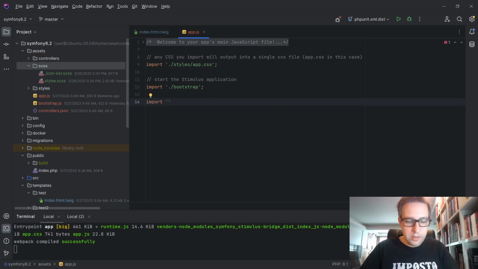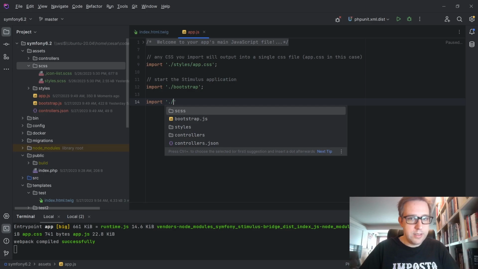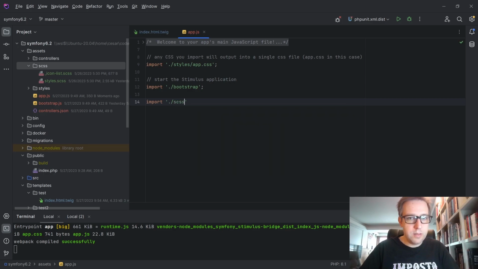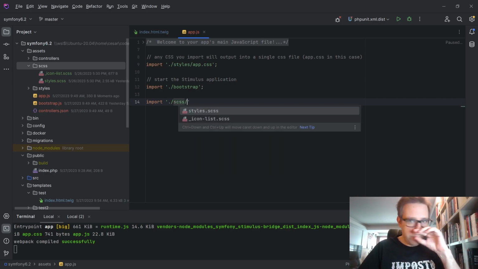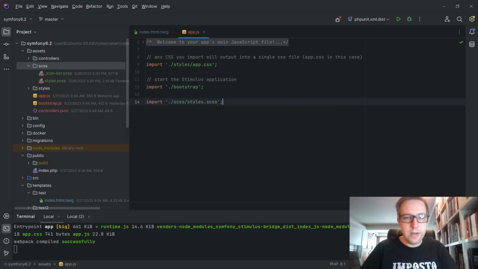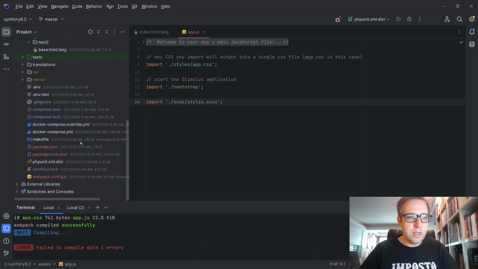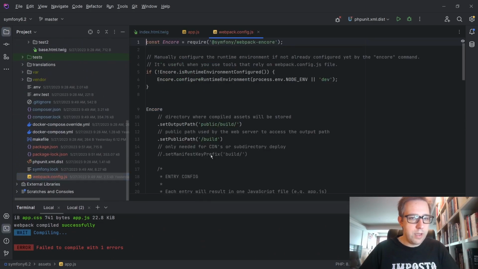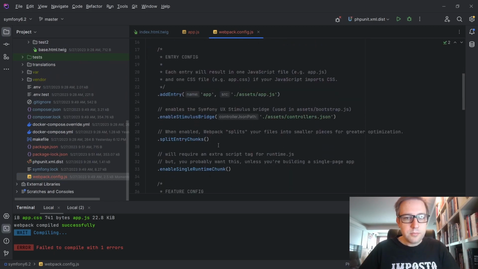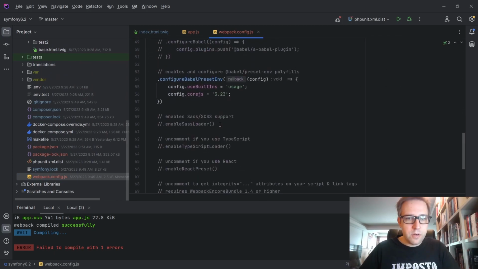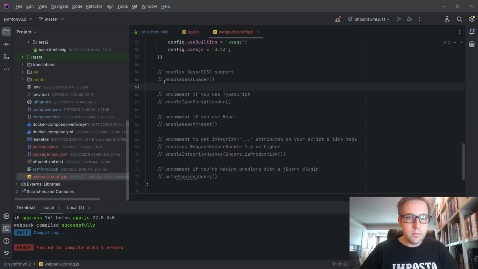And that's weird, but that's how you import in JS. As you get accustomed to it, it will make more sense. I will refer you in the end to a course that will explain better. So since I'm referring to SCSS, it will throw me an error because it does not support SCSS, so I need to enable that support here in webpack.config.js. It will have an option for Sass. When I remove this comment,